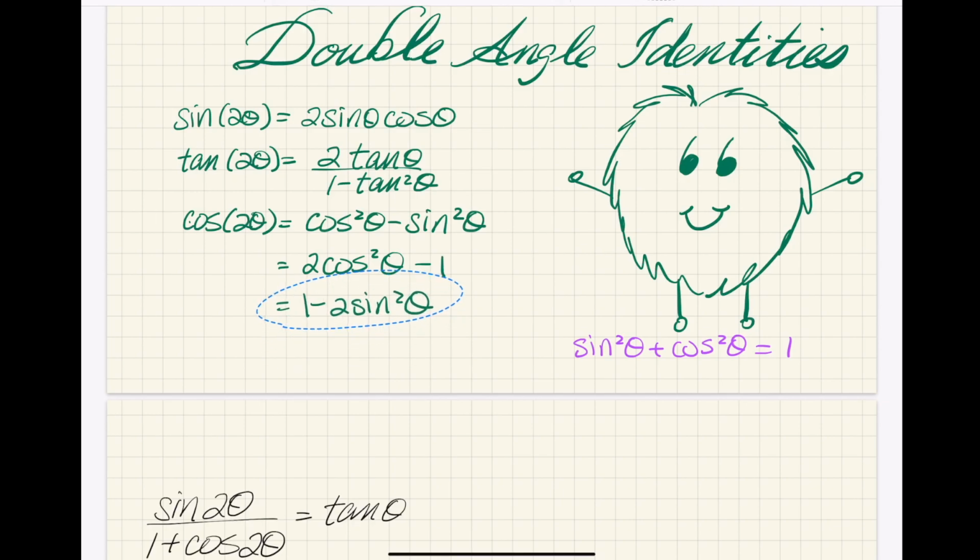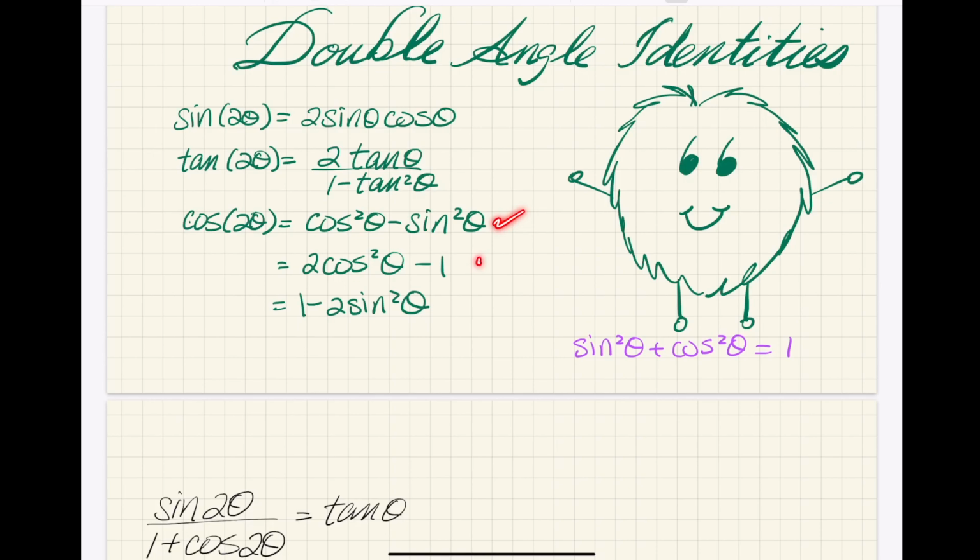And if you remember all 3 of these versions, then you're going to get through a couple of homework problems that much faster. But if you want to just remember 3 double angle identities: sine of 2 theta, tangent of 2 theta, which you can derive as well if you so desire, and our cosine of 2 theta is equal to cosine squared minus sine squared, 2 cosine squared minus 1, and 1 minus 2 sine squared.